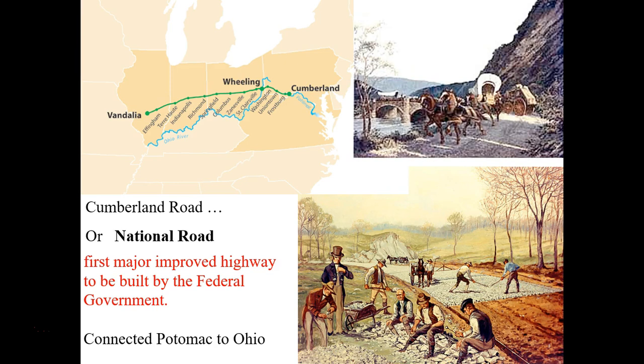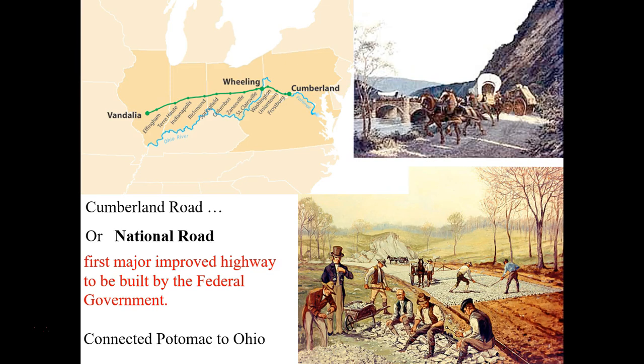So what it did was, as you can see, it connected the Potomac River to the Ohio River, and then it was eventually added on to. So that was the National Road. A lot of times the trails that horses would take. Now keep in mind, this isn't for vehicles. There's no cars yet, but this was for horses and wagons, and the